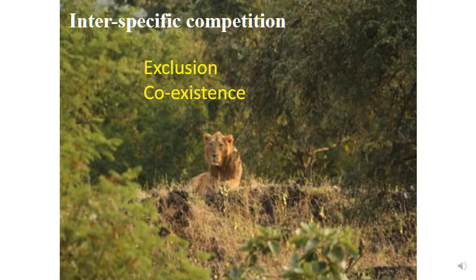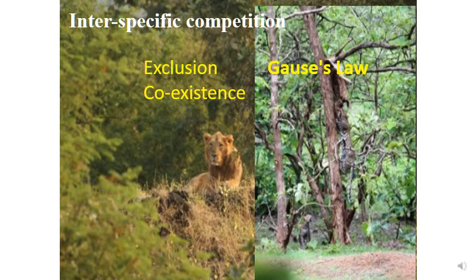Let's talk about competitive exclusion. This concept was well defined by Gause, and it is also known as Gause's law or Gause's principle. It states that two species that compete for the same resources cannot stably coexist. One of the two competitors, one superior and one inferior, always has an ever so slight advantage